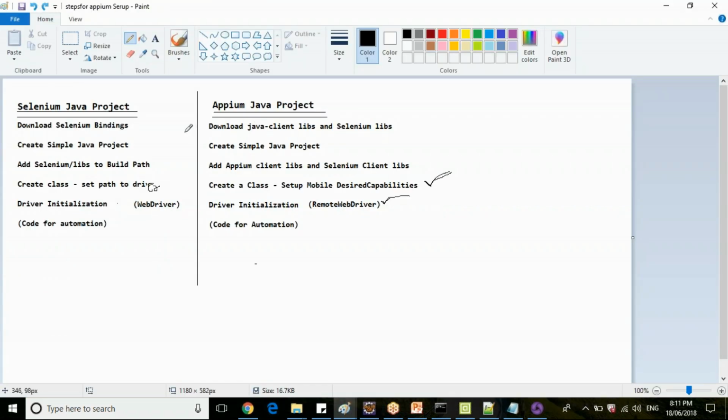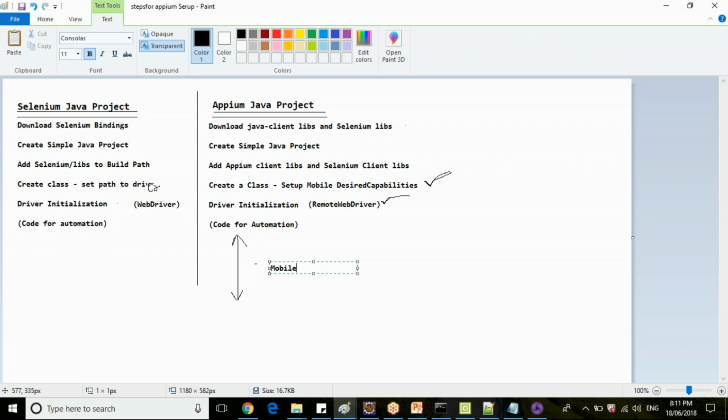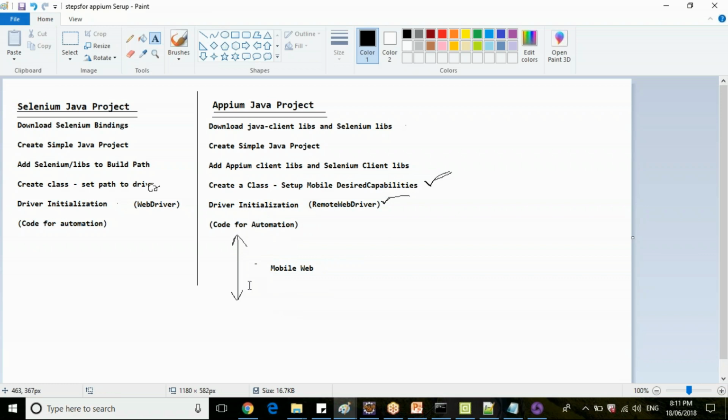Now let's follow step-by-step procedure for APM to set up a project and execute your code for mobile web. So today we are working only with mobile web, guys. Tomorrow we will see how to set up the same procedure for mobile native also.